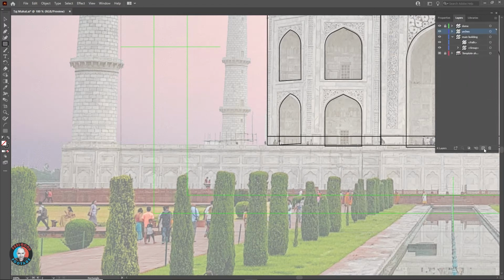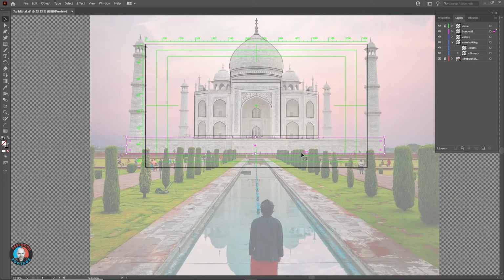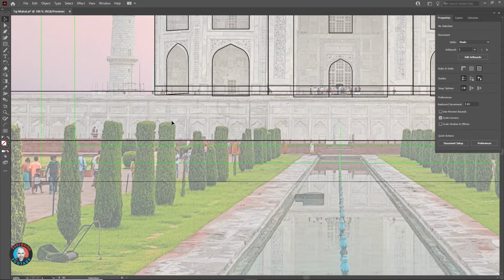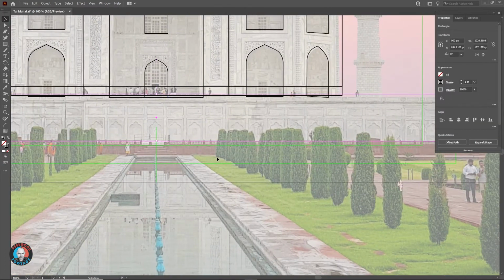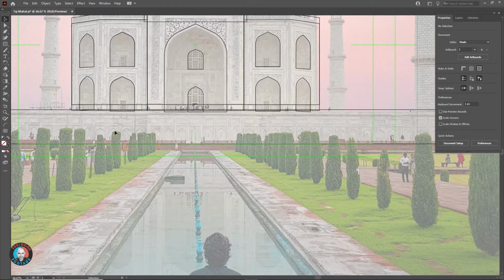Next, what I'll call the front wall. Very simple with the rectangle tool. I just make sure it covers the main building elements I've already drawn, as this will keep things nice and neat if I colour the drawing in the future. Once again, with smart guides, it's much easier to keep everything nicely aligned.